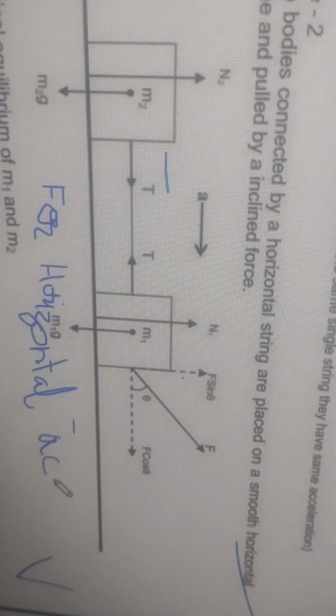What will be the equation in the horizontal direction of the acceleration of m1 and m2? There are two bodies, so two different equations will be formed. So for horizontal acceleration, we have